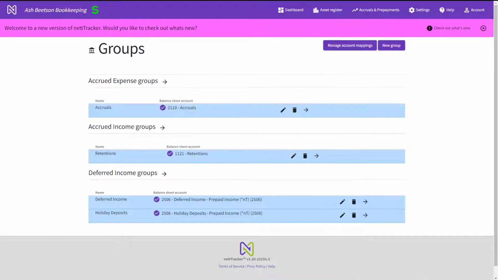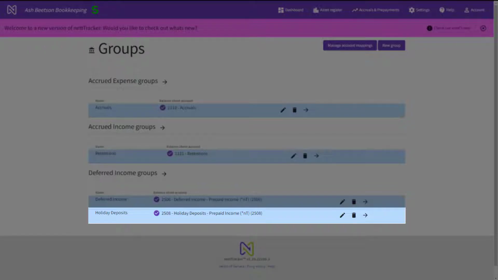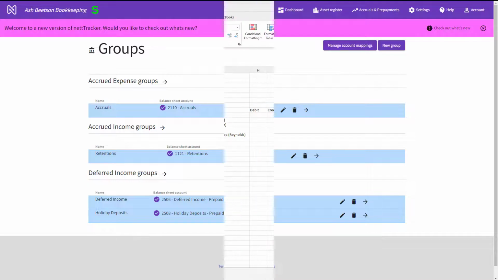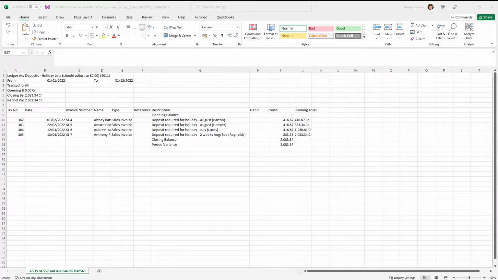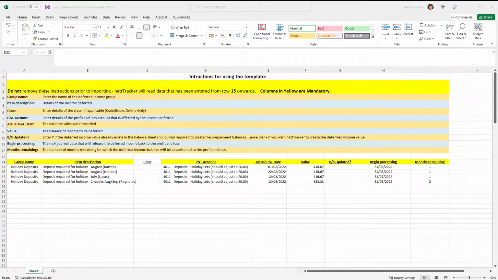In nettTracker, I have a deferred income group for holiday deposits, and I'm going to use this to make adjustments between the profit and loss and the balance sheet back in Sage. I have exported the detailed nominal activity report out of Sage. I've taken some of the information on the report exported into Excel and copied that into the import template that's